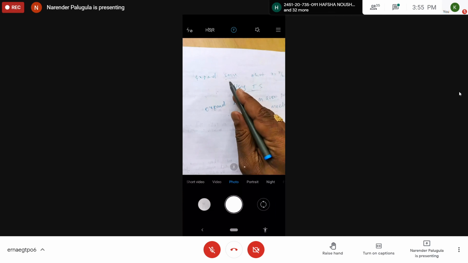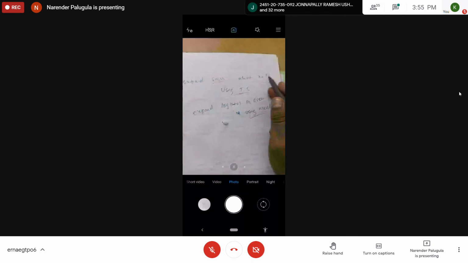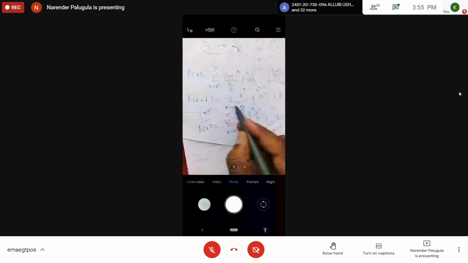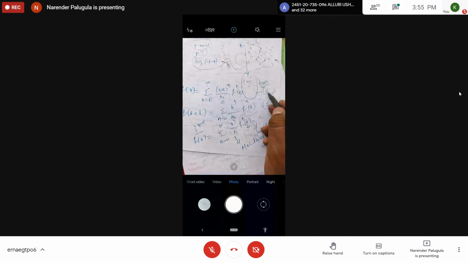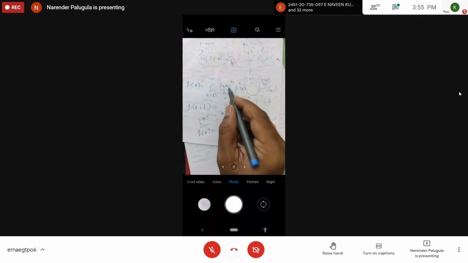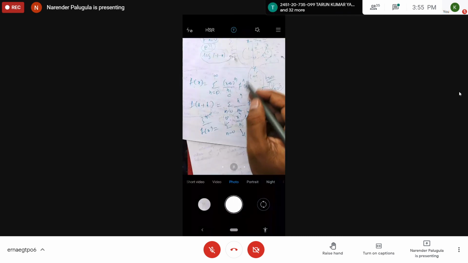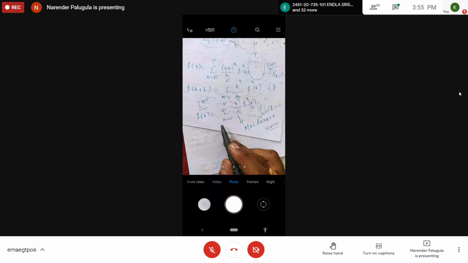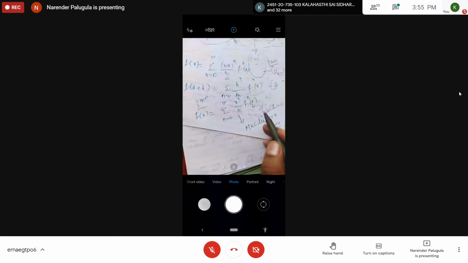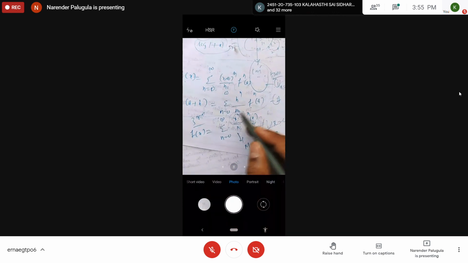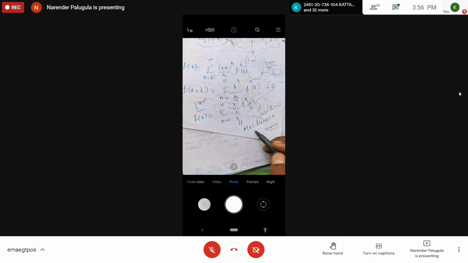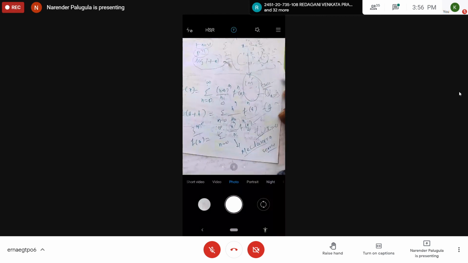First question: the sin x function about x is equal to pi by 2, a non-zero point, means the first formula, about x is equal to a, x is equal to pi by 2. Same here: put f of x is equal to sin x, put a is equal to pi by 2. Remaining same. Find f dash, f double dash and so on. Second question: expand log of 1 plus x in terms of ascending powers of x means this formula containing x powers only. Here there are not x powers but x minus something powers. So for the second question use this formula, use the Maclaurin formula. For the first question use the Taylor series formula.